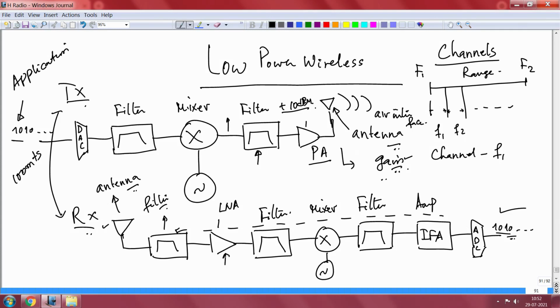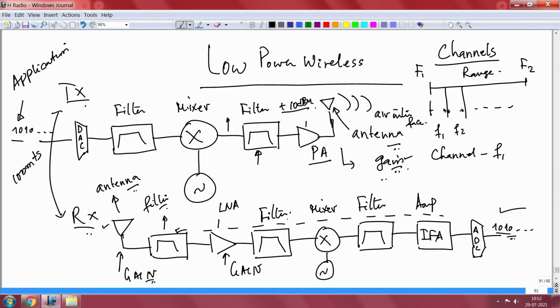power here, a low noise amplifier. This is an amplifier, right? Have a high gain amplifier, increase the gain of the analog signal, and then you apply it to a filter and then down convert with a mixer and so on. You can do that. Yes, definitely this is a huge benefit. This is the gain here, the low noise amplifier gain, the gain of the receiver antenna, all of this